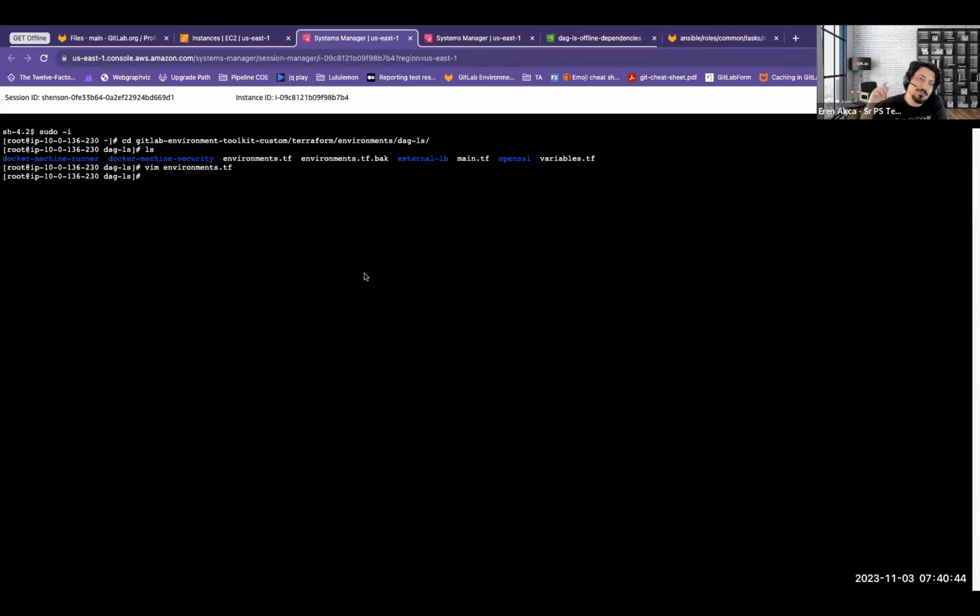Did you make a different repo, a different fork for the customer, so that each time you need to check and pull from upstream? What was your approach if you need to modify something in GET? So I took the GitLab Environment Toolkit, made all my changes, and then pushed it to a separate repository, because they're in a disconnected environment. I pushed it up in GitLab in a private project under my own namespace, and then I made that project public for about 2 seconds,